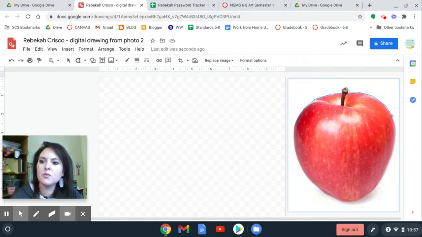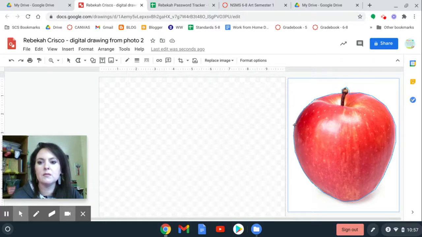And remember, each one of these clicks is a point. So I can adjust these points later if I need to, if one needs to be scooted in or one needs to be scooted out. We can always adjust the points. As long as the points are there, you can't add new points. So you want to make sure you get enough points when you do this initial drawing